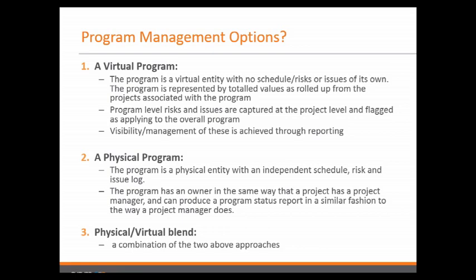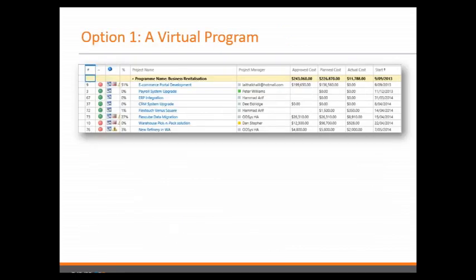Now, option 3 is really a combination of options 1 and 2, and that's probably what I'm going to spend most of my time demonstrating today. We'll start with option 1, the virtual program, and then we'll pretty much move into option 3. Before we do that, I just have a couple of screenshots here to try and support this concept. This first screenshot represents